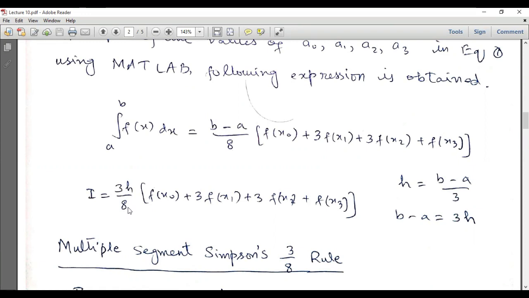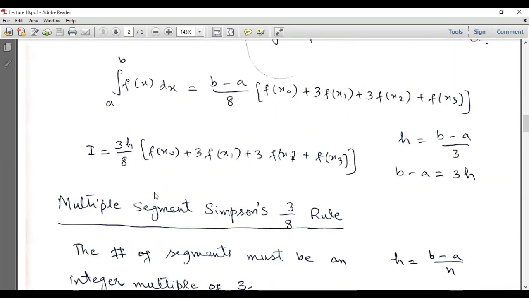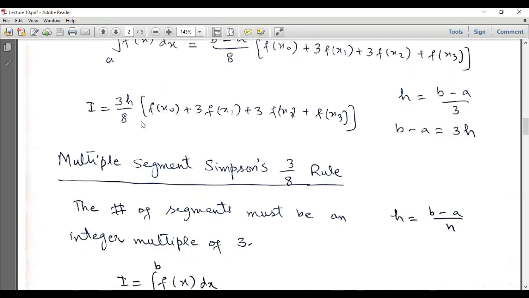rule. In our previous lecture, we discussed Simpson's 1 by 3 rule, and in that lecture, we observed h by 3 over here. So here we had 1 by 3 h. That's why that method was called Simpson's 1 by 3 rule. And here we have 3 by 8 over here. So that's why this method is called Simpson's 3 by 8 rule. So that is our final expression, and based on this three segment Simpson's 3 by 8 rule, we can extend